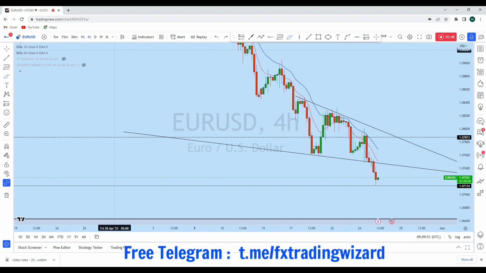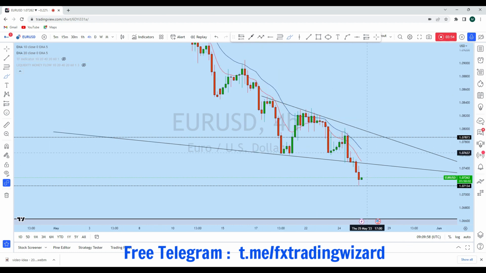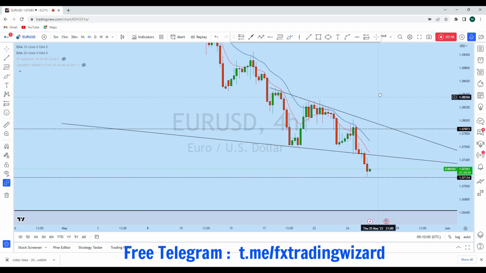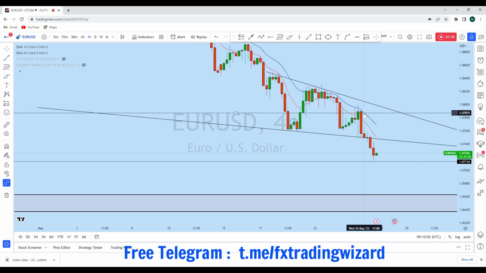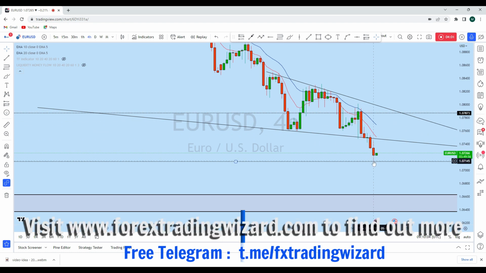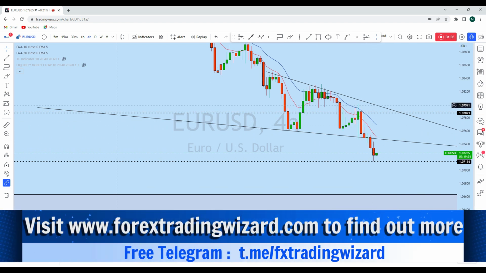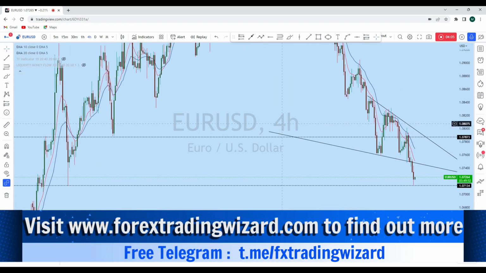Along with this 20 EMA, we see that EUR/USD has in fact had a significant rejection towards the downside. With that rejection, the price is again creating a series of lower highs and lower lows, and in this intraday perspective this is the previous support level,